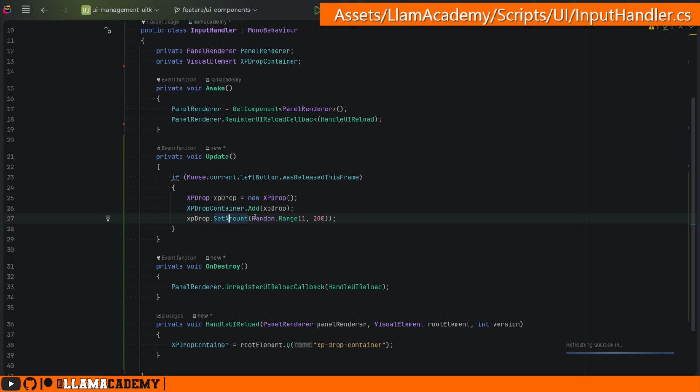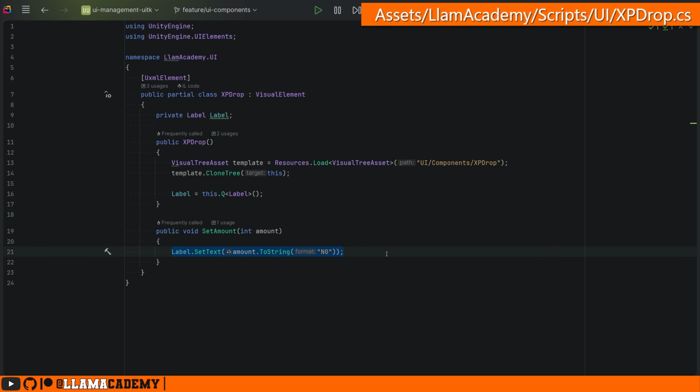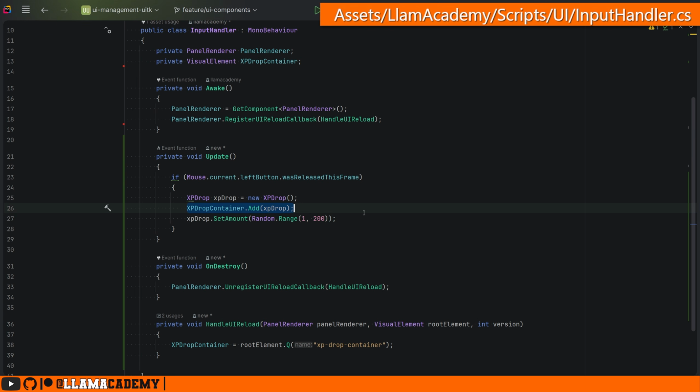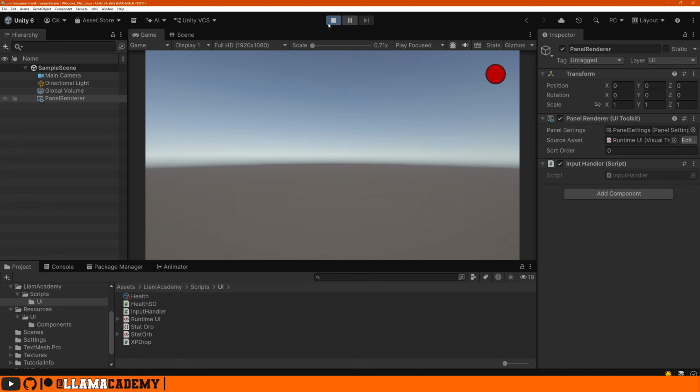We want to do it this way because when we do set amount, we're manipulating some visual tree stuff. And Unity will complain at us if we try to do this before that element has been mounted onto the UI. That's why we want to make sure we first add it and then manipulate it. If we then come back to Unity, we can just click play. And if we start left clicking, we'll see up here at the top left, we get those random XP amounts